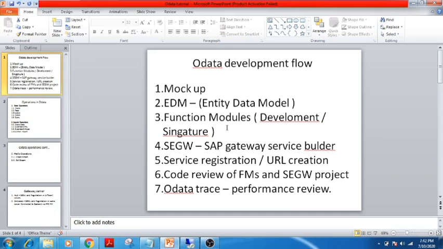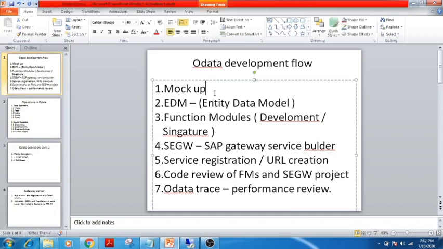So basically, what is markup? Markup is nothing but just a visual representation of how your app is going to look in future. Actually, one should never proceed with the OData development if the markup is not finalized. Maybe not at a higher level, but at least have a little bit of an idea of exactly how the app is going to work. If you ask me, markup should consist of each and every field.